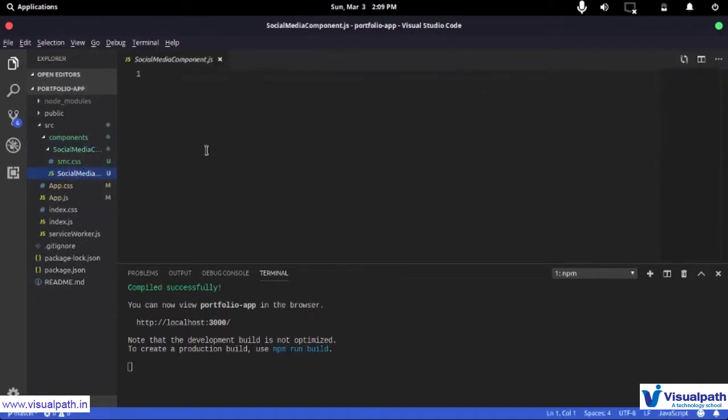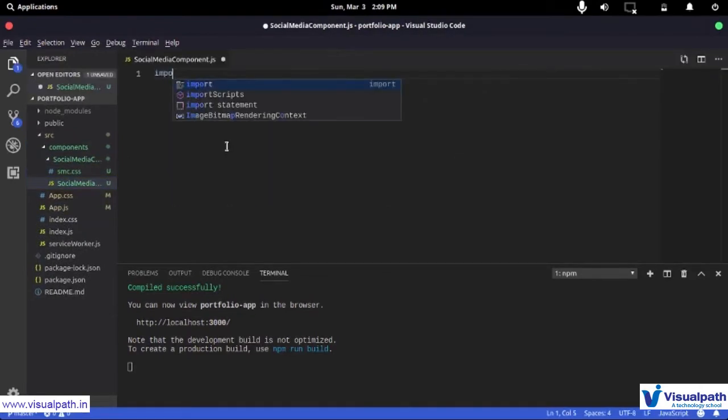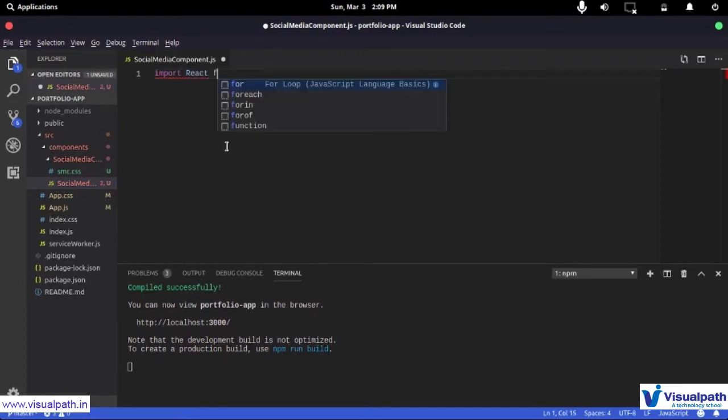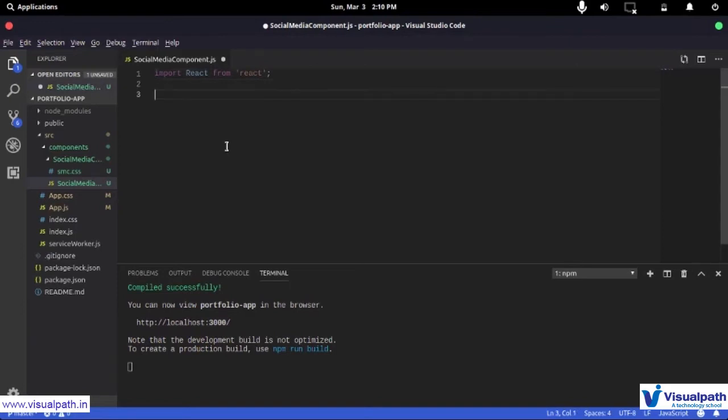So in here what I'm going to do is I'm going to first import React because we are going to write some JSX. So how do you import React? So you import React from the React package, and that is available to us because we installed it, and we didn't necessarily install it, but create React app helped us install it. So now what I want to do is I want to create that component. So constant social